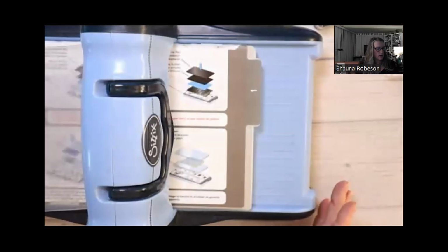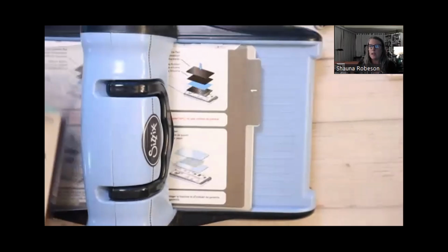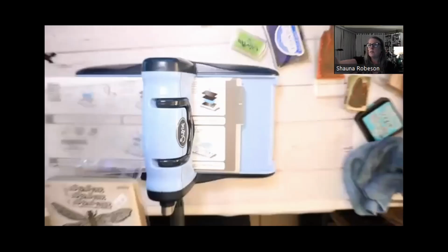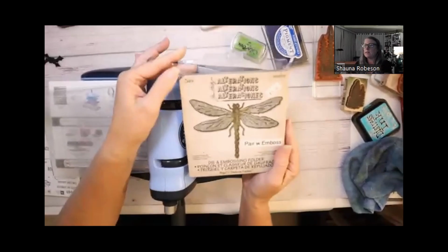Now let's talk a little bit about die cutting. There are also a gazillion fun things you can do with die cutting, and I want to just demonstrate a couple things. First of all, I wanted to show you today. The ones I'm going to be primarily demonstrating is this version, Bigz, B-I-G-Z, and this is by Sizzix, and